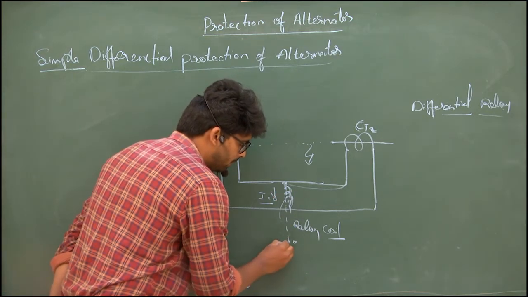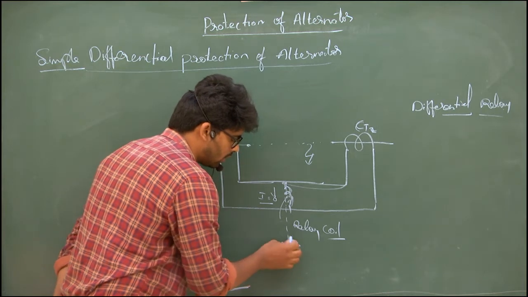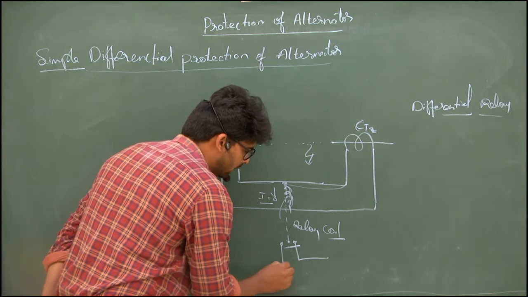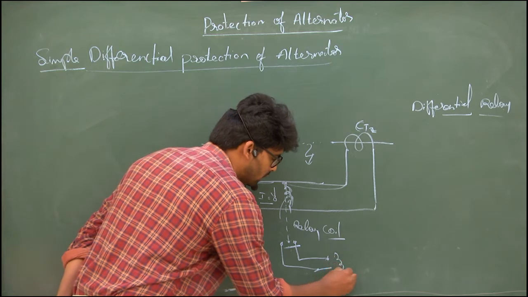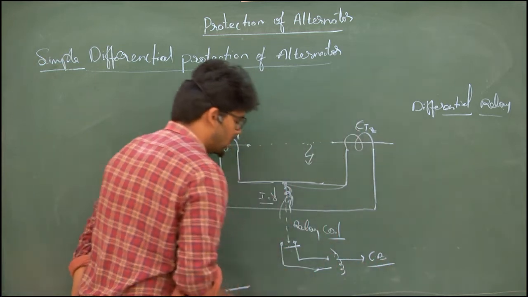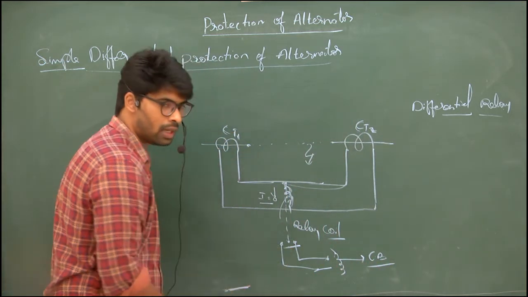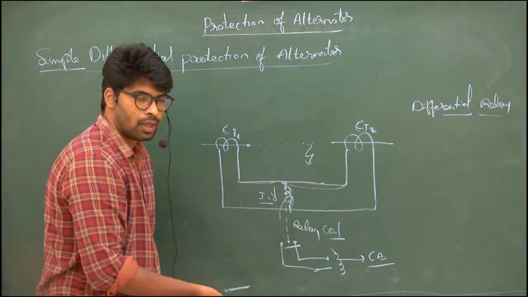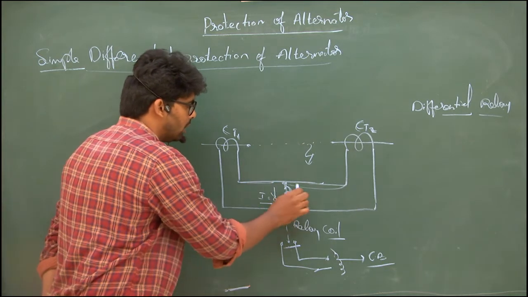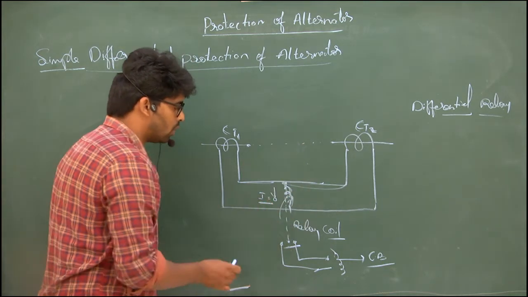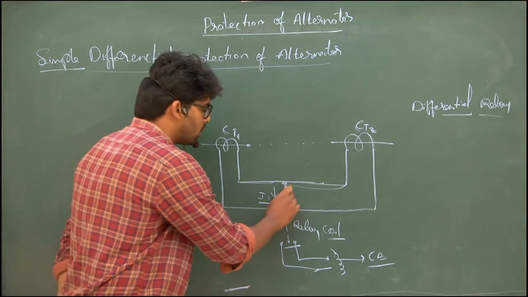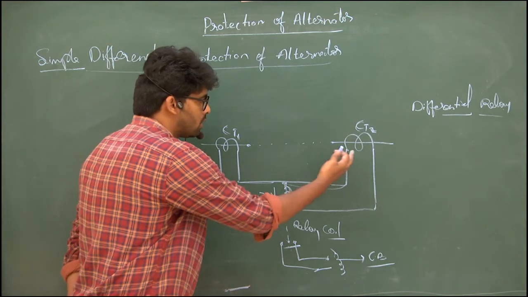So it will excite this coil, which will in turn energize the trip circuit in the protection system, and this will operate the circuit breaker. The switch will operate only when this coil is excited. So this coil should not be excited under normal condition. That means if no fault occurs, the current should be zero. So we have to make sure this coil is at the equilibrium position of the CTs.